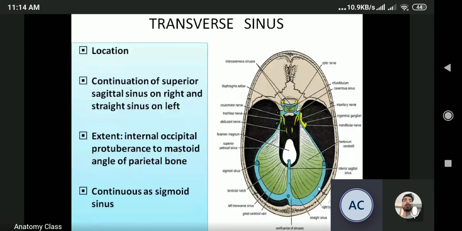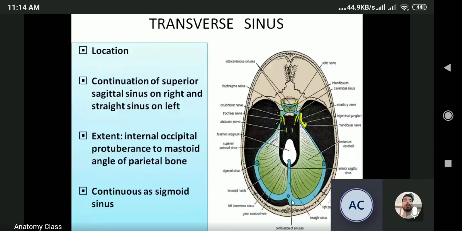Or we can say the transverse sinus terminates by being continuous as the sigmoid sinus. The right transverse sinus receives the superior sagittal sinus, and the left transverse sinus receives the straight sinus. When we studied the superior sagittal sinus, it drains into the right transverse sinus, and the straight sinus drains into